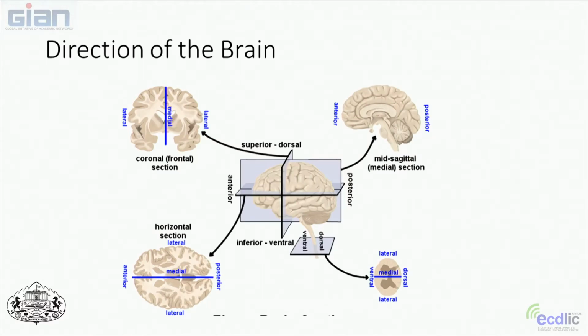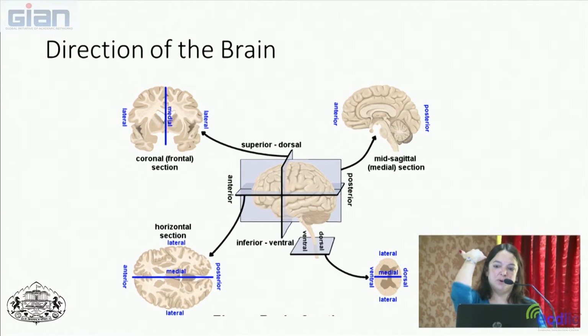And similarly, these are also present when we talk about the brain. So there's the medial and the lateral, the anterior and the posterior, and the, let's see, what did I miss? Which one am I missing? Inferior and the superior. Does anybody have any questions about those? So that just helps orient to where we are in the brain.